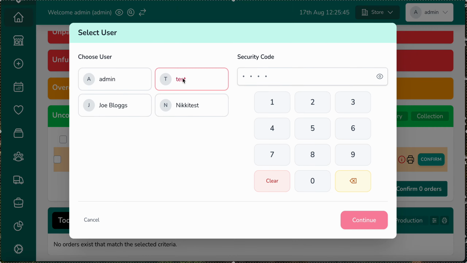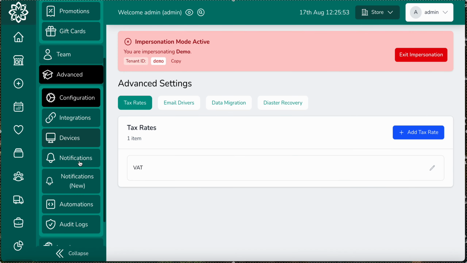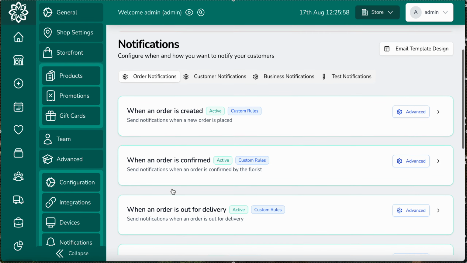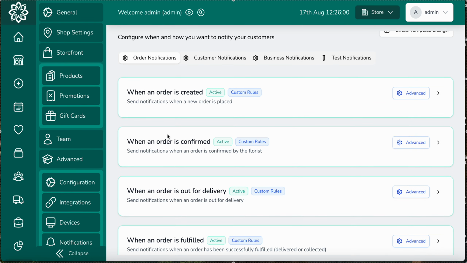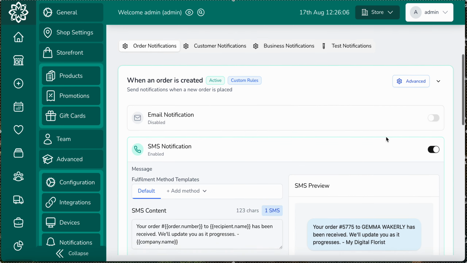Defaults that go in for each notification for each event. First of all, you go into settings, you go to advanced, you go to new notifications, and here you see all the different events. Now if you want to see what the defaults are, you click on this little arrow here, and then it opens up the different